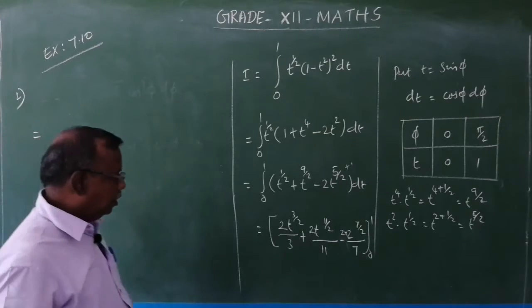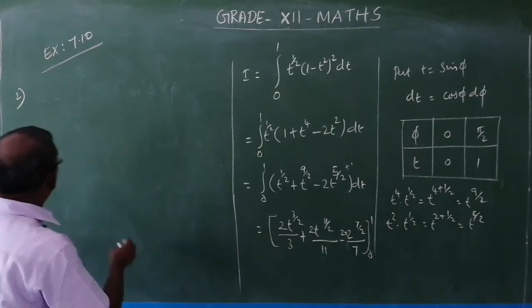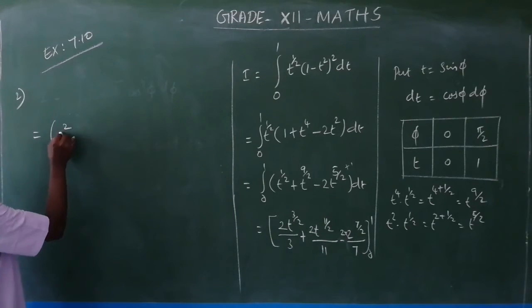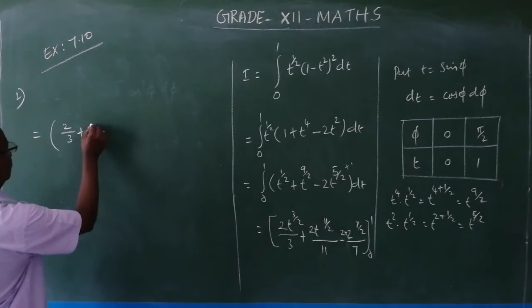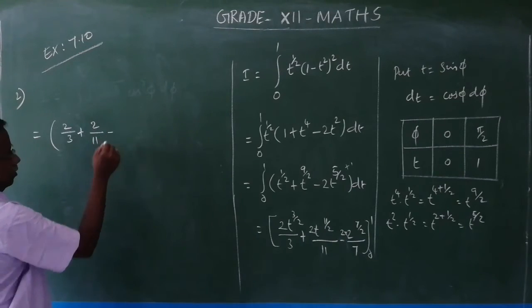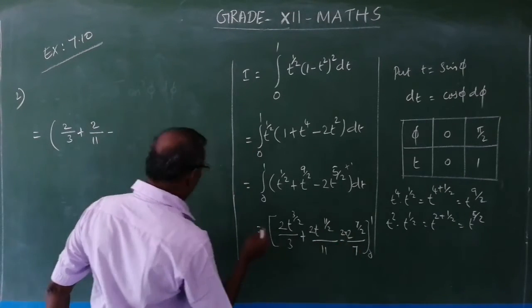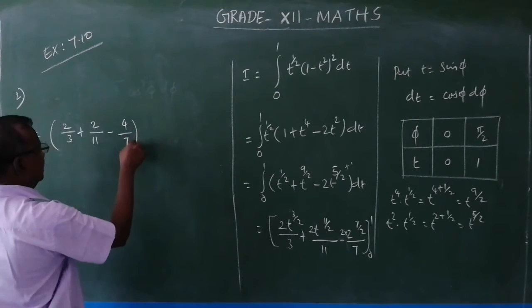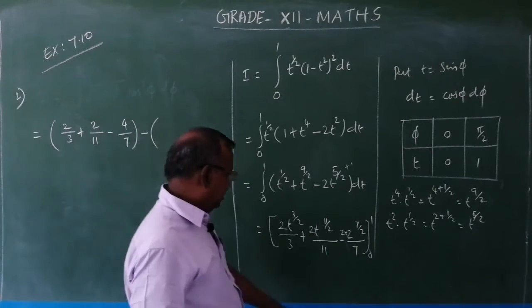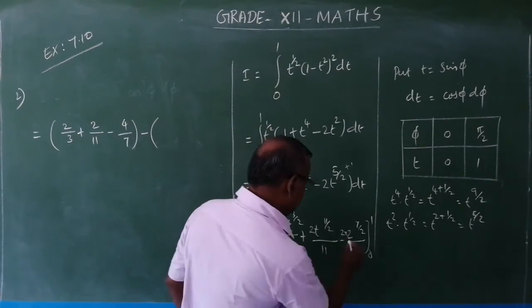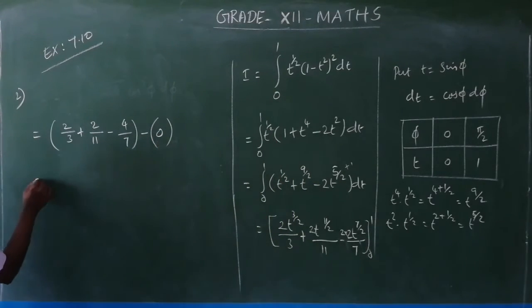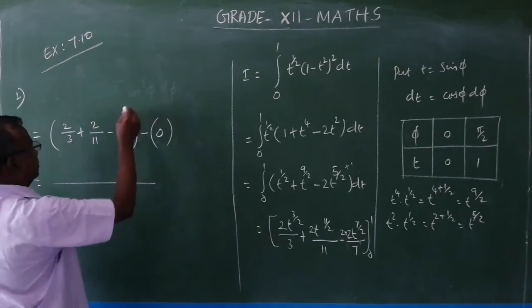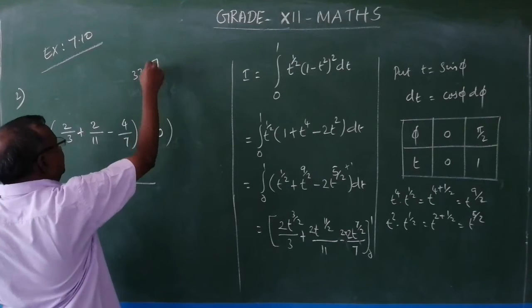Now we have upper limit is 1. So, the upper limit equals 2 by 3 plus 2 by 11, 2 by 11 minus 2 2s are 4 by 7, 4 by 7, minus lower limit 0. Substituting t for 0, everything is 0. So, this is equal to, now taking LCM, 3 11s are 33 into 7,